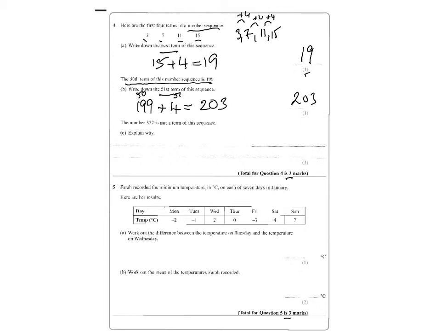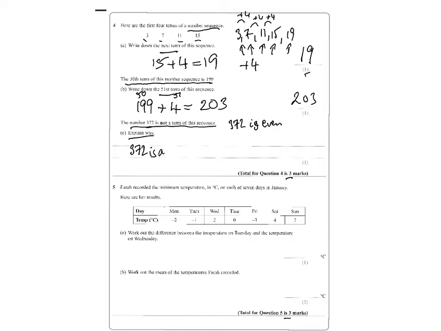Now this one, the number 372 is not a term of this sequence. Explain why. You can make this a bit more complicated, but I think the obvious thing is, if you look at 372, 372 is even. If I go back up here, I've got an odd number, an odd number, an odd number. The next one's 19, which is an odd number. And if you think about it, if I add 4 on to an odd number, I'm always going to get an odd number. So your reason is